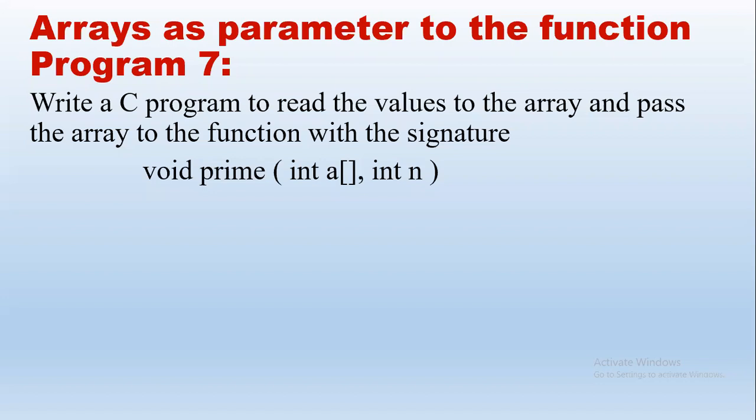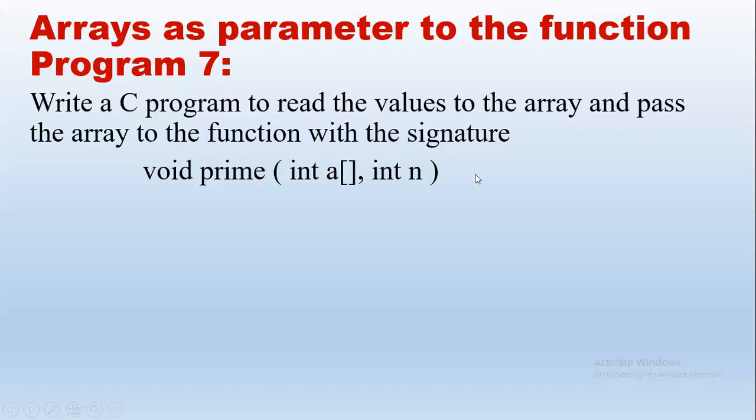So name of the function is prime. This is basically for prime numbers, that the compiler understands. So now we know what the parameters are. Now if you observe int a of bracket, what is this a? If we write a in square brackets, it is an array, right? So here we are passing an array as one of the parameters, and we also pass another parameter n. So we are passing one array, and n is the size of this array. If we write 5, there are 5 elements in this array a, all are integers. That is the meaning of this line.